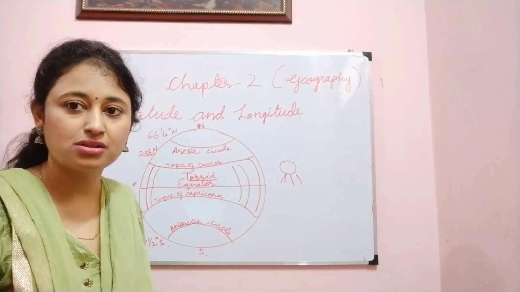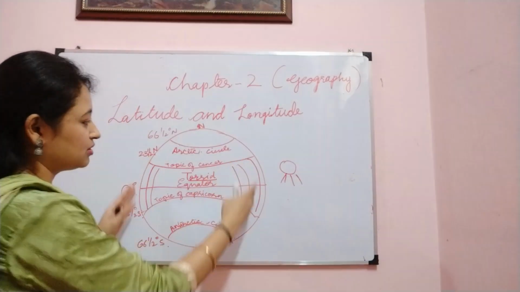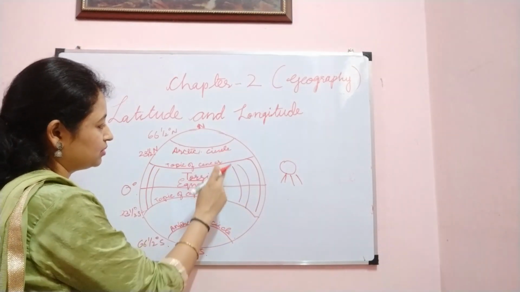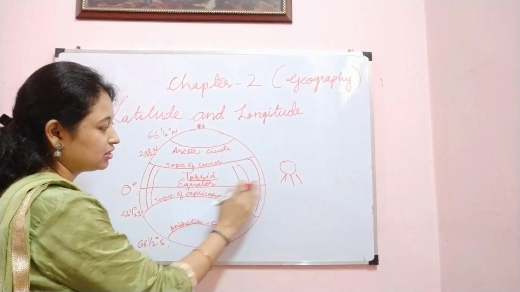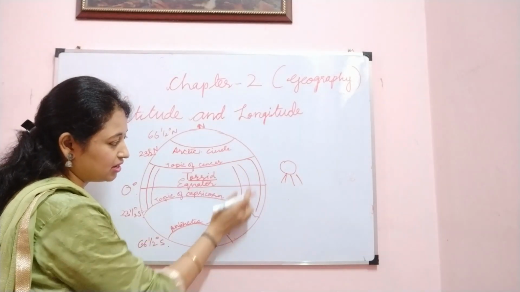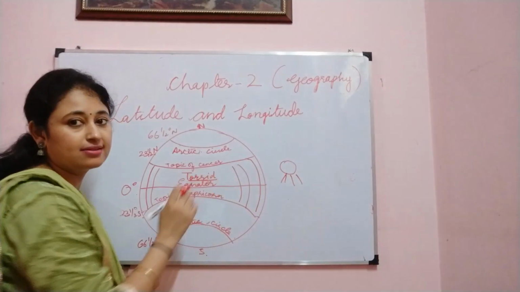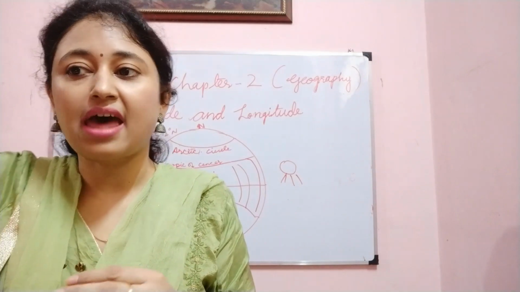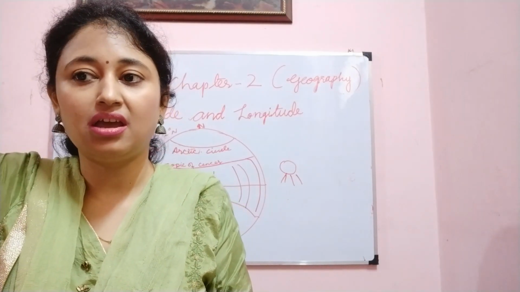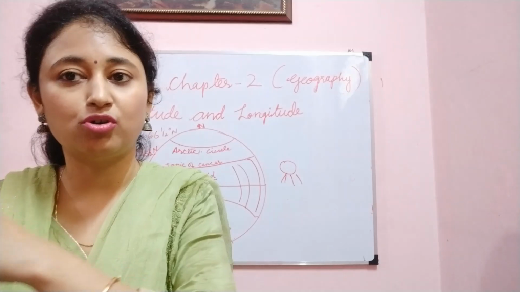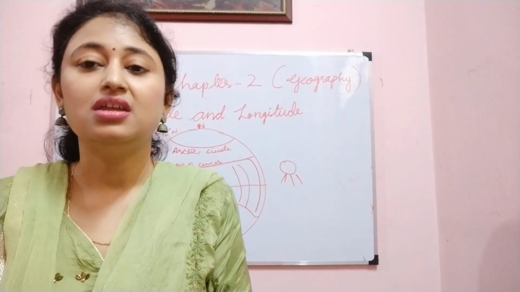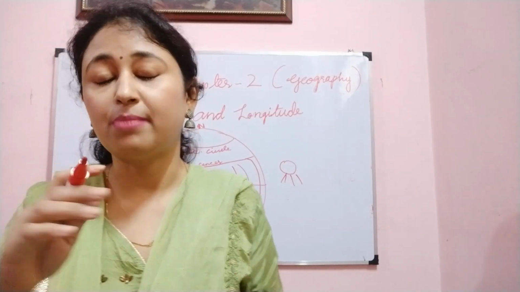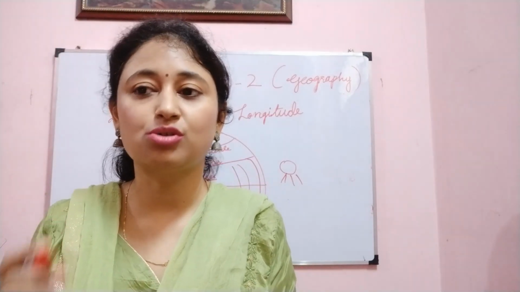Now we will see the heat zones of the earth. If you see this area above the Tropic of Capricorn and towards the Tropic of Cancer, including the equator line, this particular area which I marked is called the torrid zone. During midday, the sun is exactly overhead at least once a year on all the latitudes between the Tropic of Capricorn and the Tropic of Cancer. Therefore, this receives the maximum heat, and this is called the torrid zone.